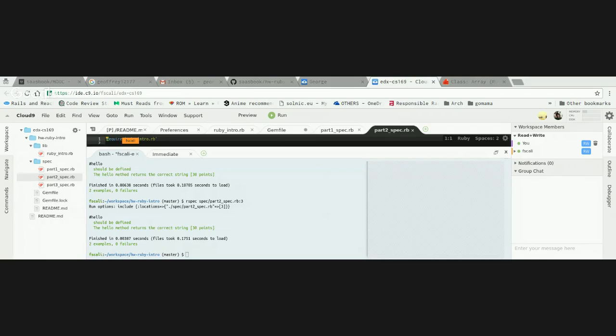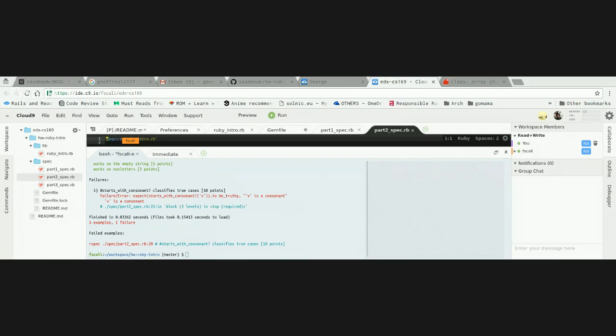Okay, what is the correct way to launch a test? This one, rspec. Okay, it passes the false case, works on empty string, works on null letters, but it doesn't work with consonants correctly.